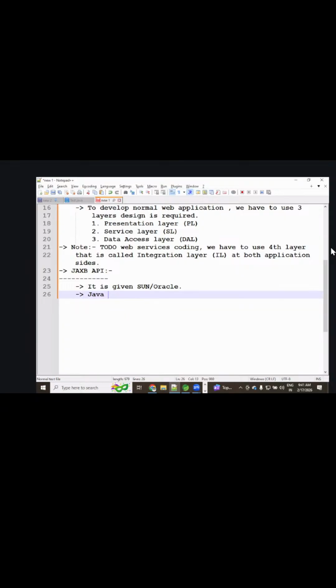Sometimes we require JAXB, which is Java Architecture for XML Binding.